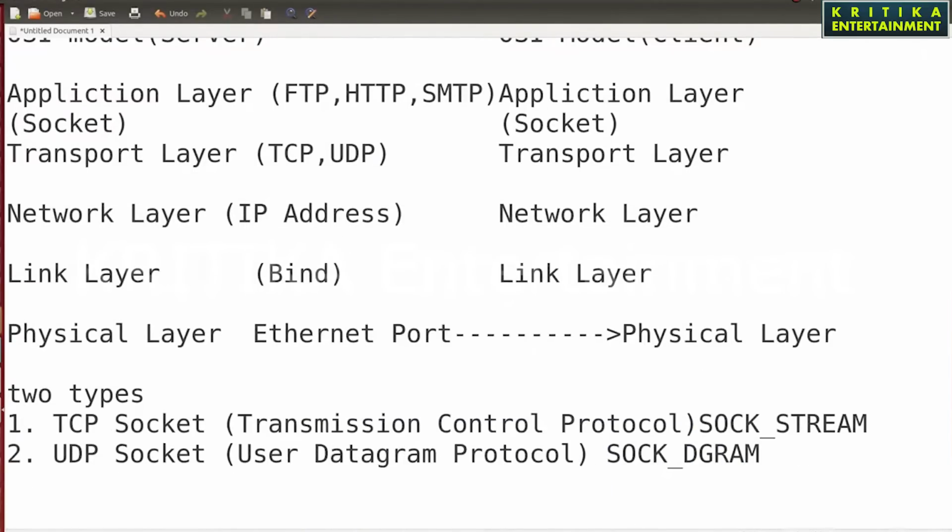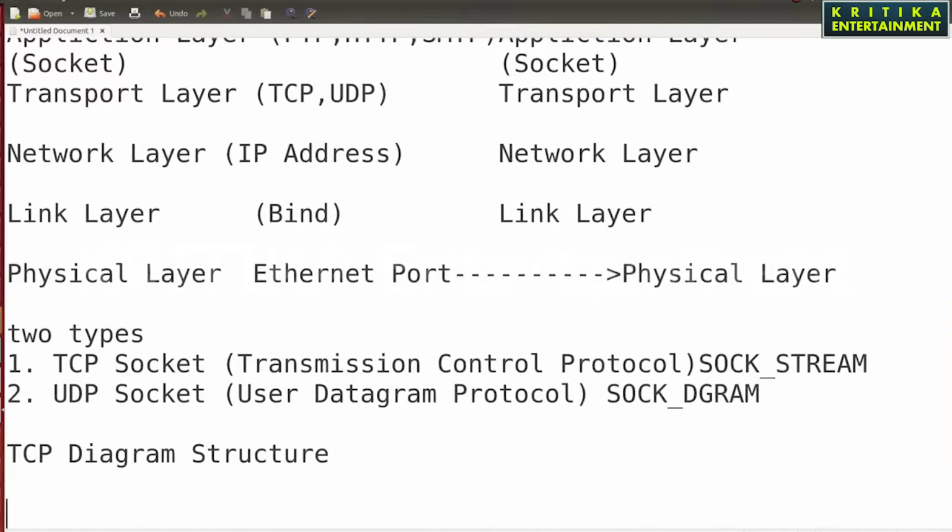Now I'll tell you the TCP diagram structure. In the internet there are two types of devices. First is the server, second is the client.